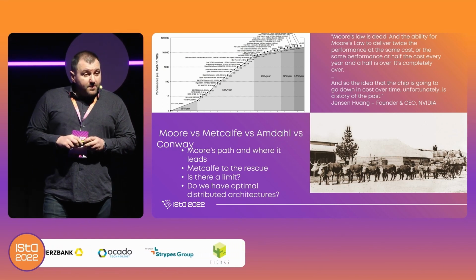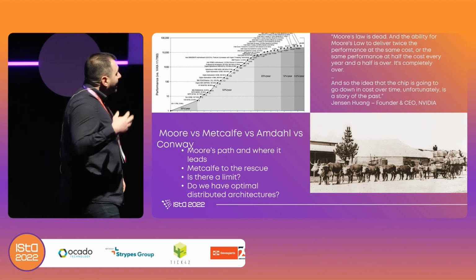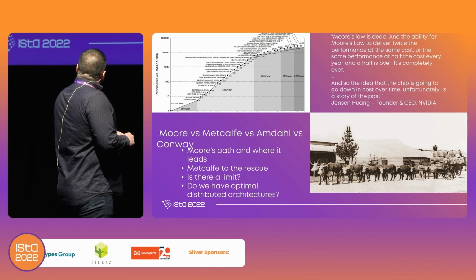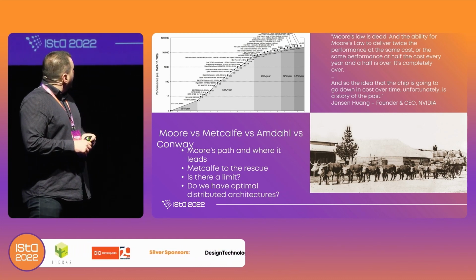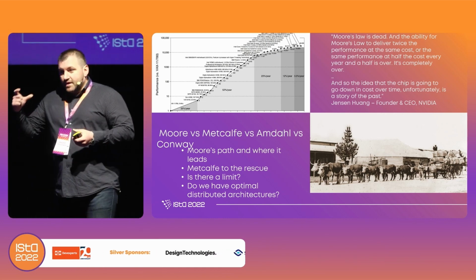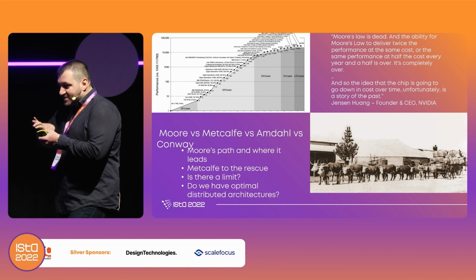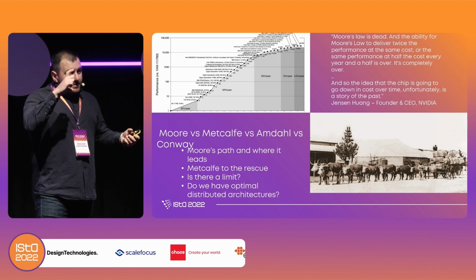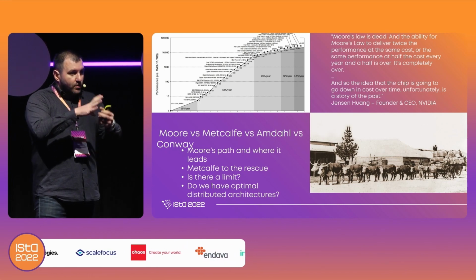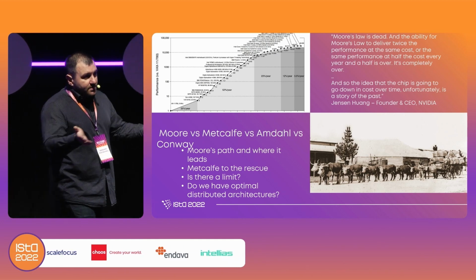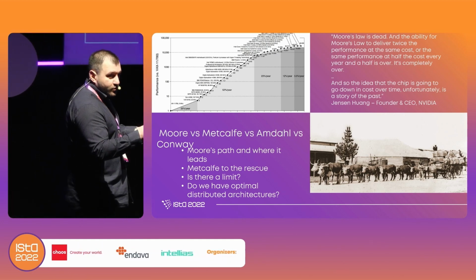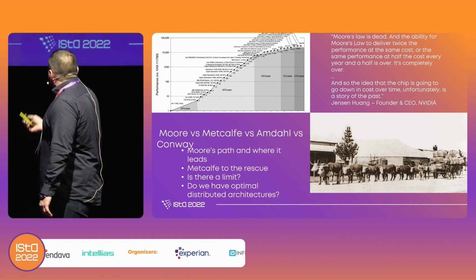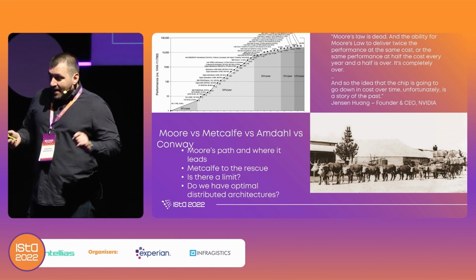But is there a limit to Metcalfe's law? Can we tie indefinitely many oxen to the load? It turns out there is. It's called Amdahl's law. Basically, if you have a part of the process that cannot be stripped down further into smaller pieces and distributed, the longest such process becomes the limit that you can optimize to. Project managers among you call it the critical path of a project. You cannot optimize over that limit. So there is definitely a limit, but Amdahl's law